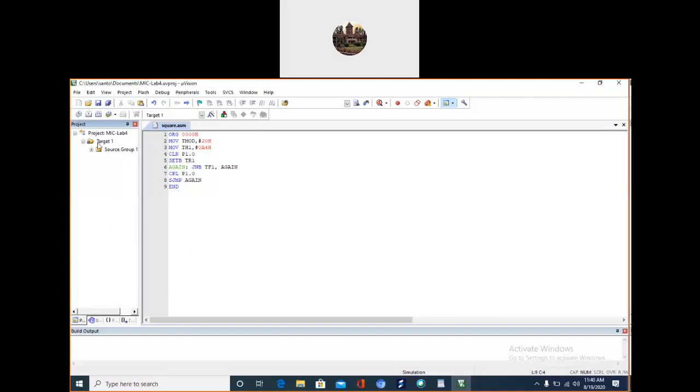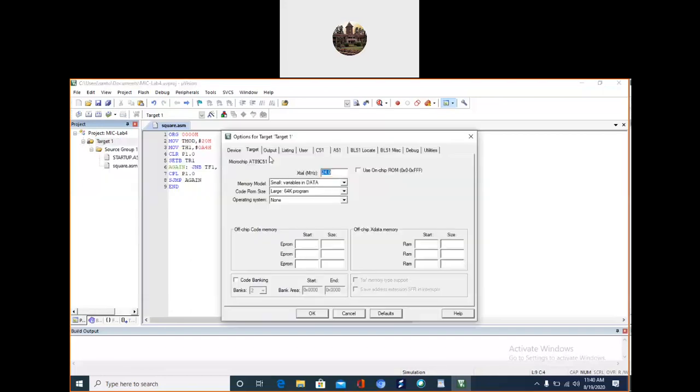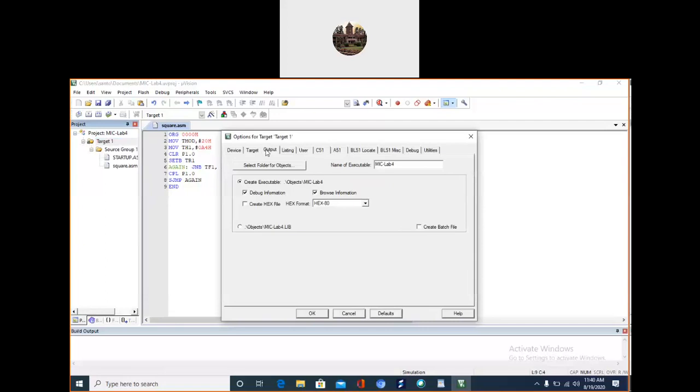One more thing I have to do, I have to go to the options for the target, and I'll just click on the output that I want to create the hex file, nothing else, no other changes will be done.